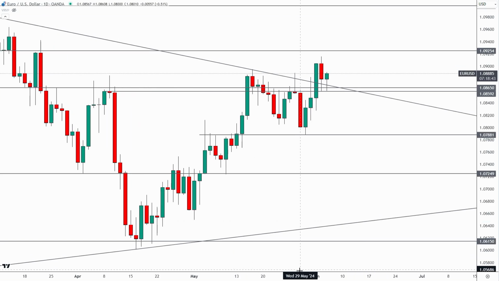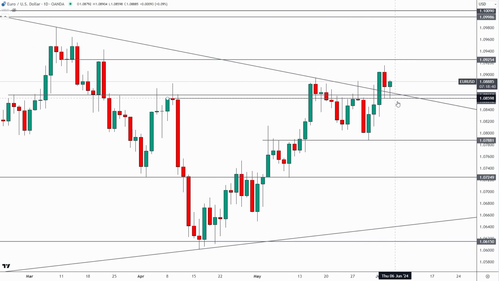Now, the bullish scenario is, of course, the market holding above 1.086. So as long as it holds above this area on the daily time frame, that's what's key. Where these daily candles close is what's going to be critical here for the euro. So as long as it's holding above 1.086, you do not want to be shorting, in my opinion, because you would be shorting right into that key support.